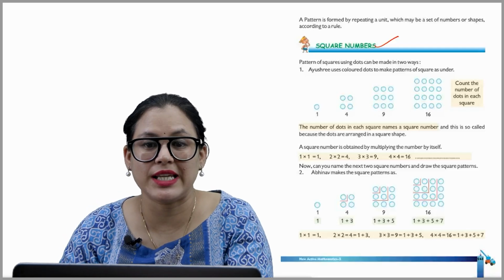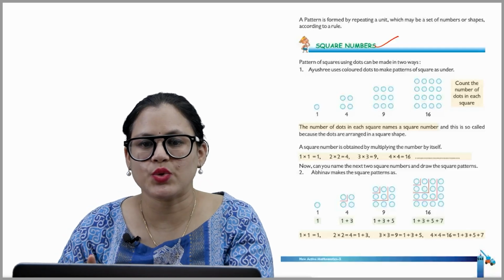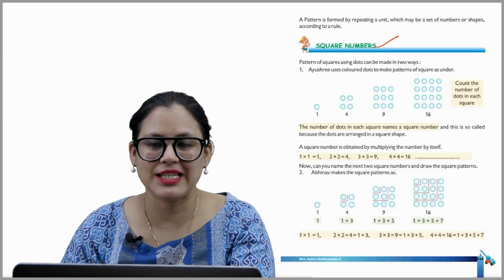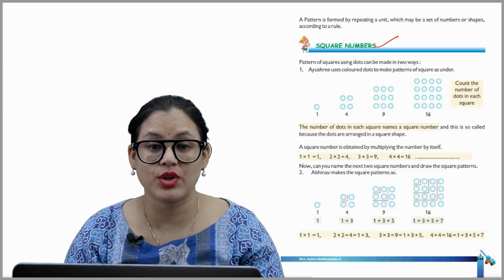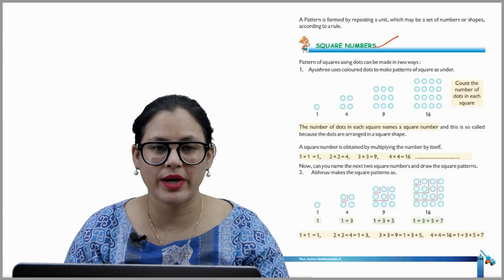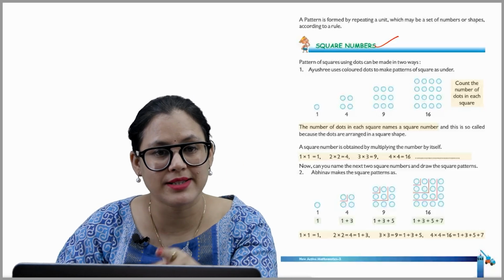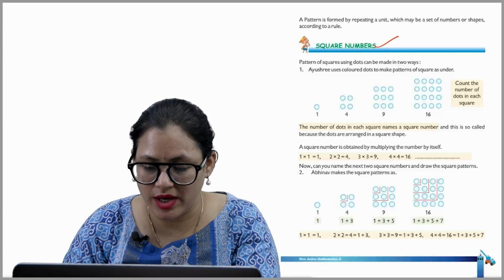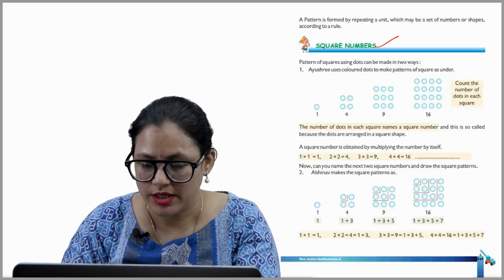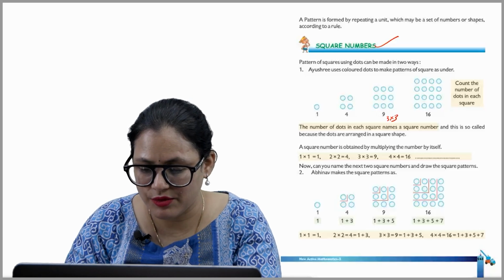Count the number of dots in each square. The number of dots in each square names a square number, and this is so called because the dots are arranged in a square shape. A square number is obtained by multiplying the number by itself. See, this is 1 into 1, 2 into 2 is 4, 3 into 3 is 9, and 4 into 4